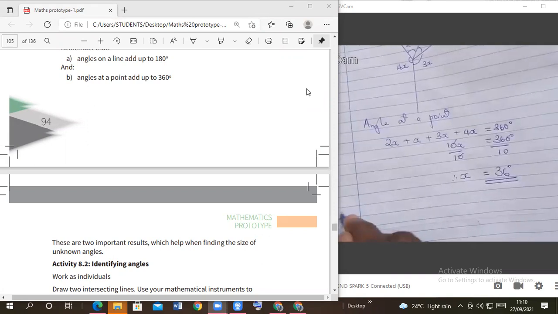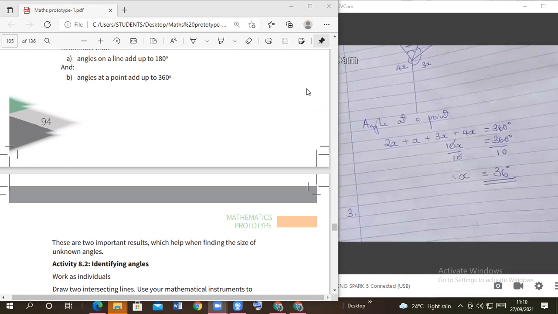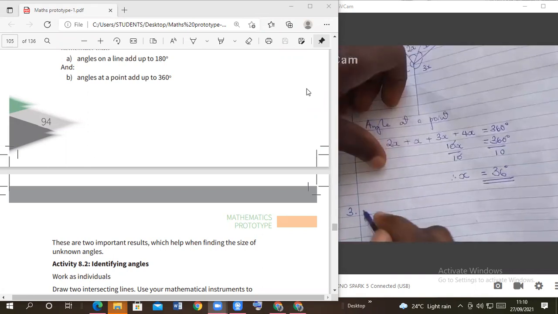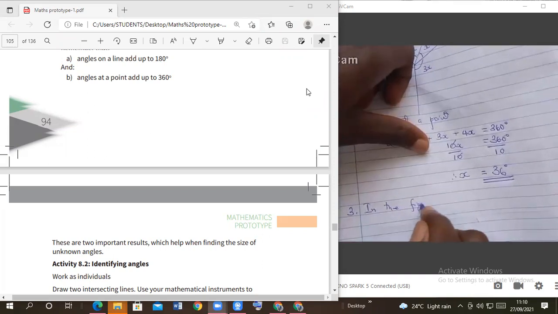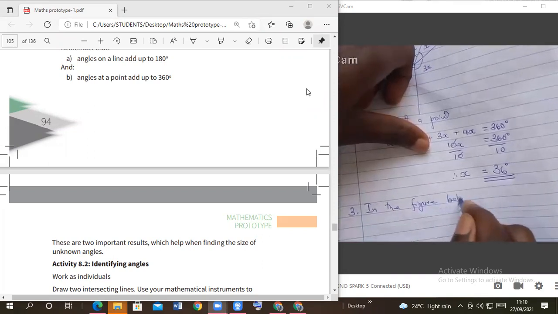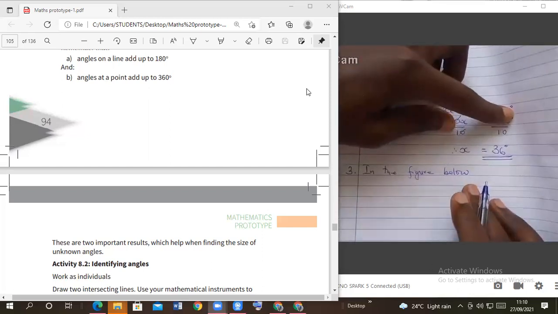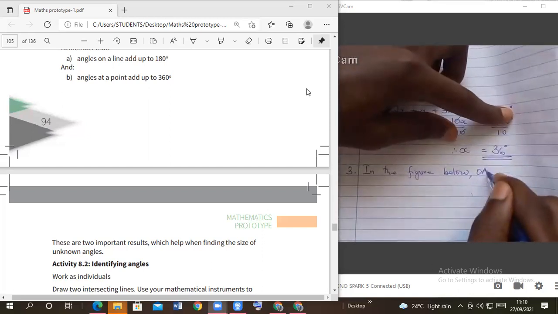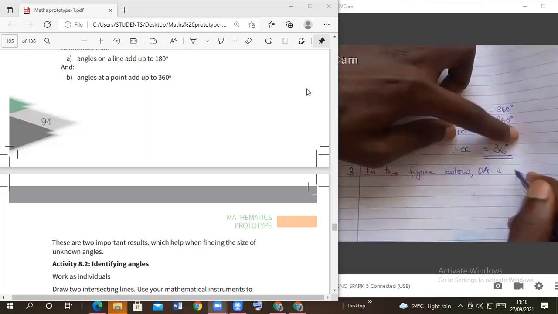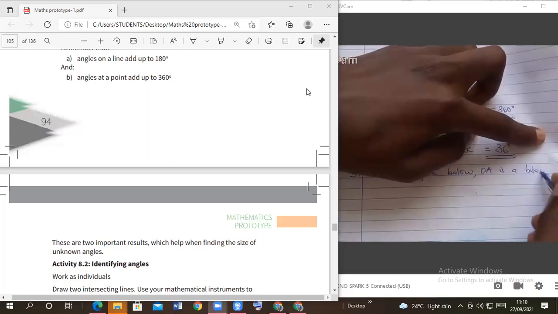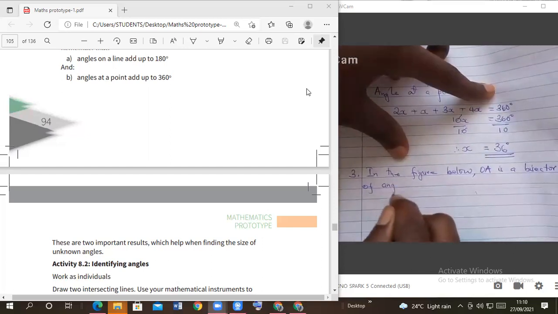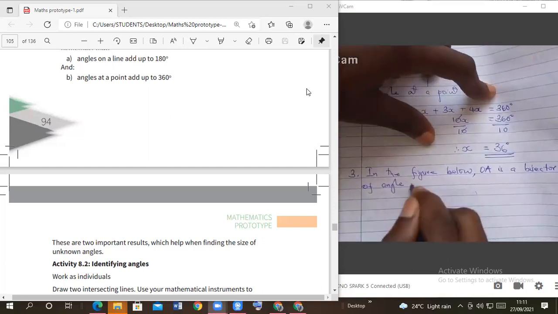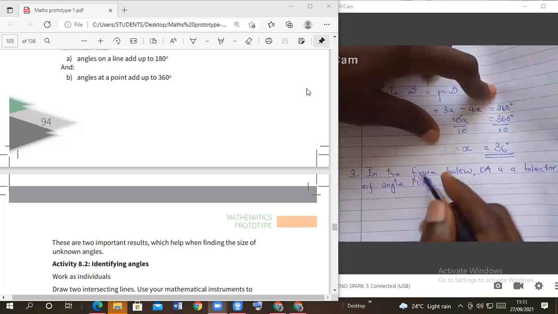Then number 3, the last one. They have said, in the figure below, OA is a bisector of angle POX and